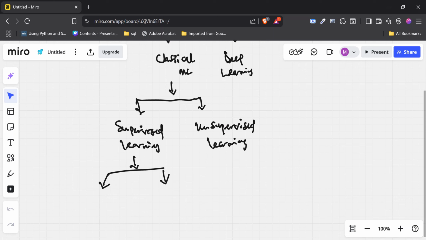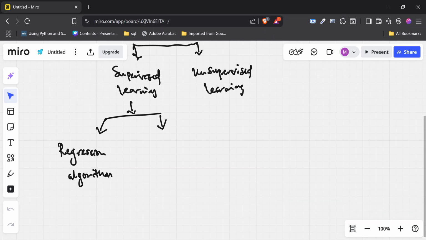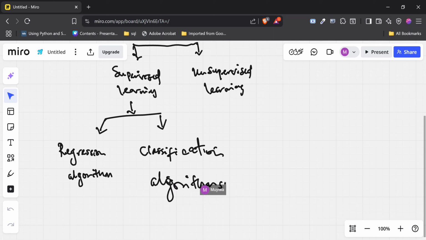The first one is regression algorithms, or regression problems, and the second one is classification algorithms. In this session today, we are really going to be looking at regression algorithms.